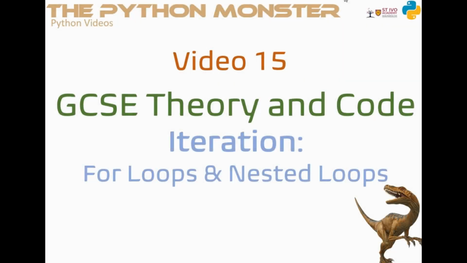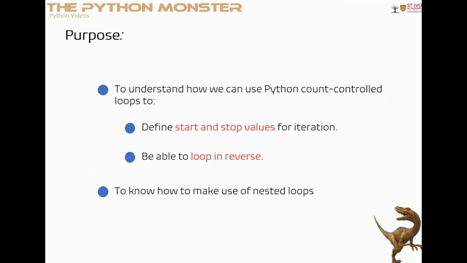So this is the next in the series on iteration, and in this video we're going to be looking specifically at for loops and nested loops. The purpose of this video is for you to understand how we can use Python count controlled loops to define start and stop values for iteration and to be able to loop in reverse. And then we're also going to look at nested loops